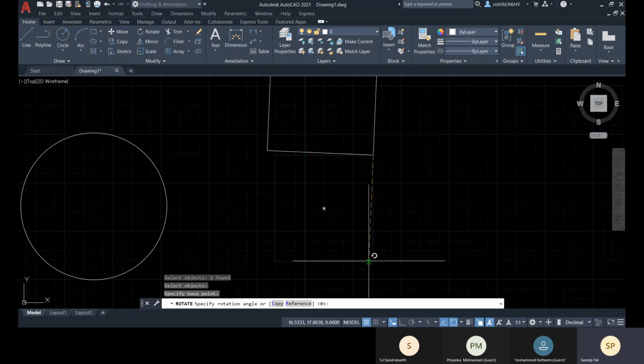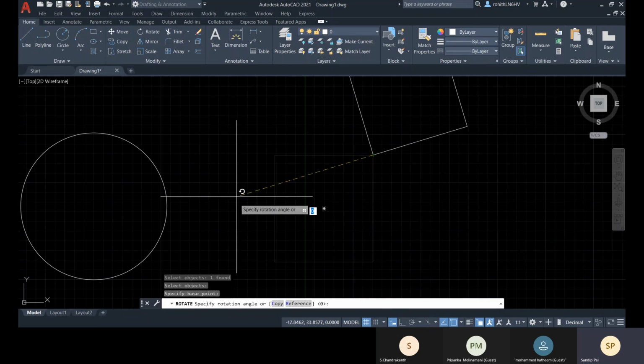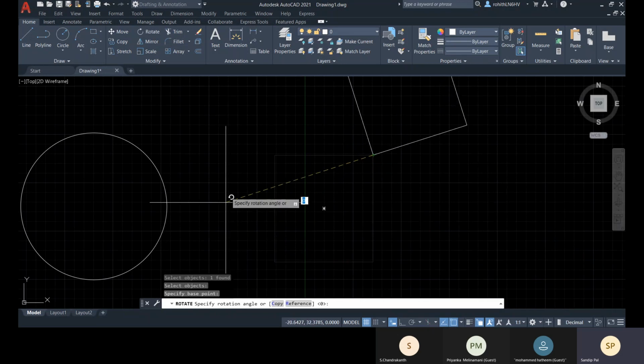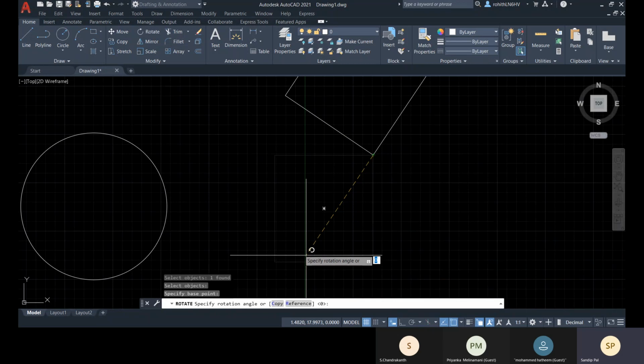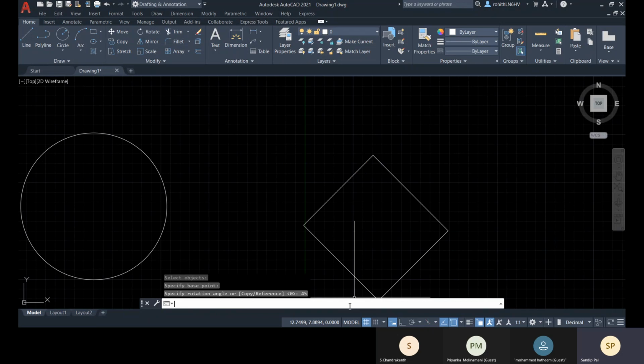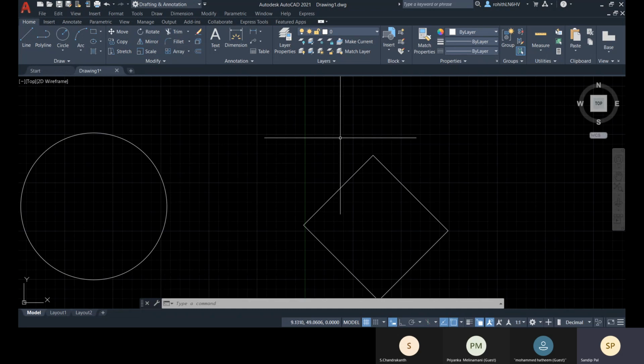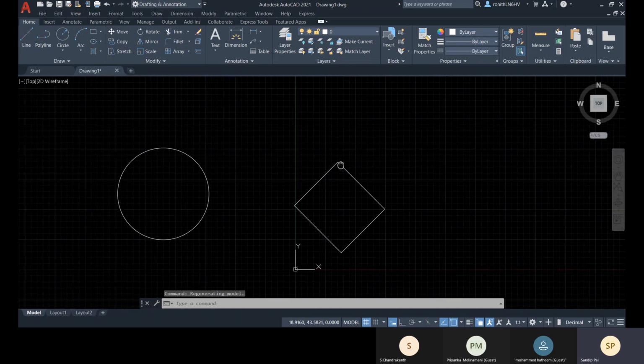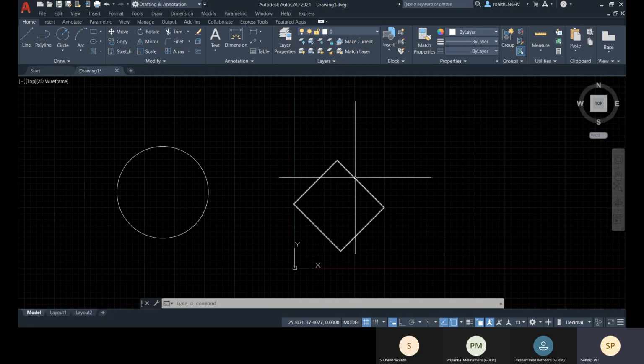The positive value will define the anti-clockwise direction, and the negative value will define the clockwise direction. So let me give 45. From its location, it will count 45 degrees in the anti-clockwise direction. Now I have this placed at 45 degrees.